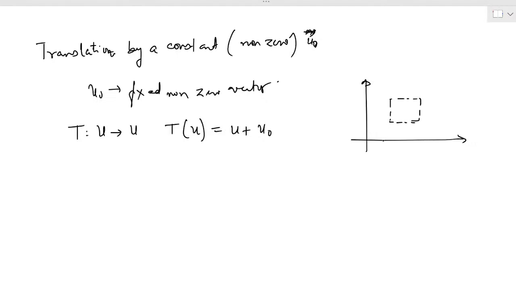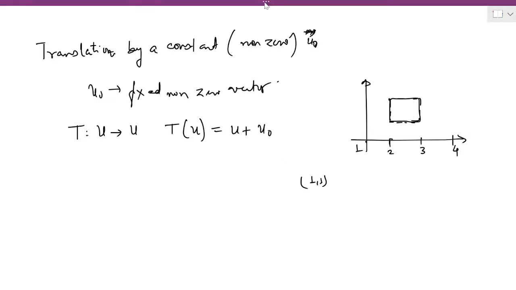Okay, let us say I'll write something: 1, 2, 3, let's say 4. Okay, so this is 1. And if I want to translate this by 1, 1, I'm not writing vector here, because I'm using the general notations. So if I want to translate it through minus 1, 1, 1. So if I want to translate this rectangle by